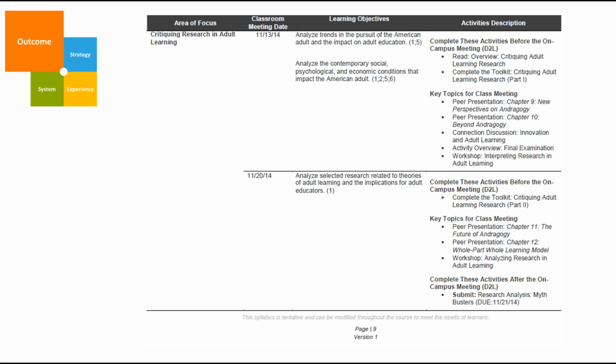Another example that can be integrated into a document such as a syllabus or a training plan is this roadmap document. And you'll notice that it has 4 key areas. It's presented as a table, but it deals with the area of focus or the topic for a module. It has even the classroom meeting dates. It has the learning objectives and the activity description. But it's presented in more of a holistic way across these areas of focus, so that the learner could use this to plan their learning, but also the educator, the designer, can see how a course is developed and organized